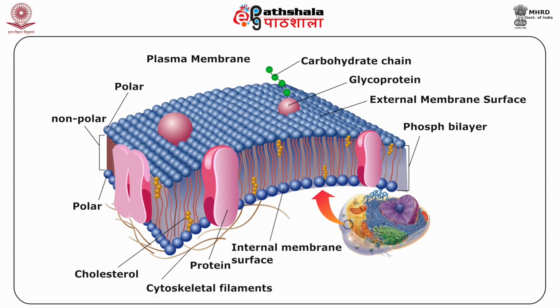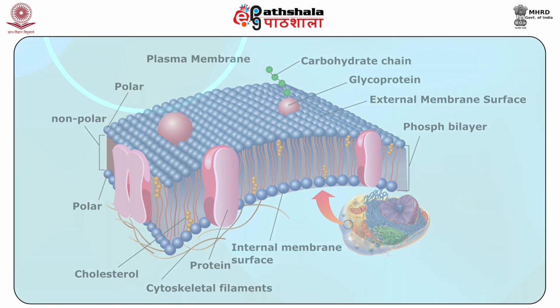In addition to phospholipids, there are 2 other types of lipids in the plasma membrane. Glycolipids have a structure similar to phospholipids except that the hydrophilic head is a variety of sugars joined to form a straight or branching carbohydrate chain. Cholesterol is a lipid that is found in animal plasma membrane. Related steroids are found in the plasma membrane of plants. Cholesterol reduces the permeability of the membrane to most biological molecules.